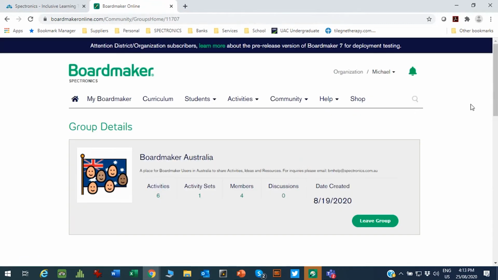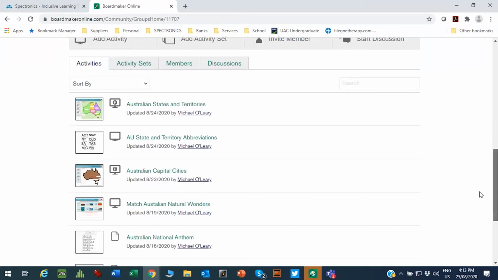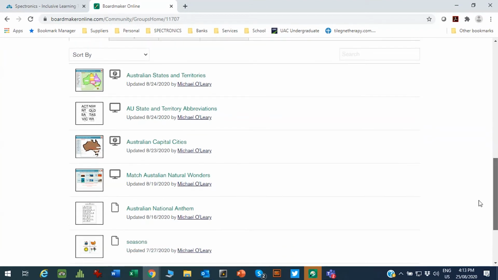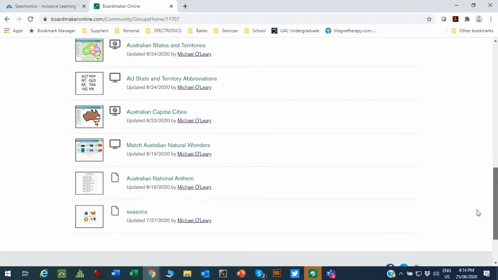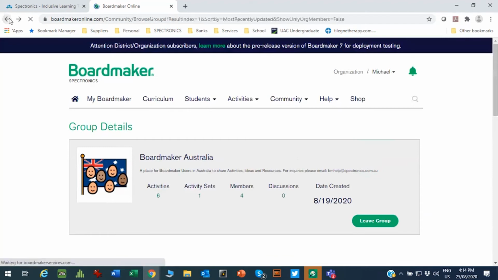And if we just have a quick squiz down, we can look at this, and we've got Australian states and territories. We've got states and territories abbreviations, Australian capital cities, match Australian natural wonders. That was adapted from Juanita Pritchard's one. We've got Australian national anthem, and we've got a symbol there that I created for seasons, which I mentioned last time, because very few of us will have witnessed snow. So now if I go back,